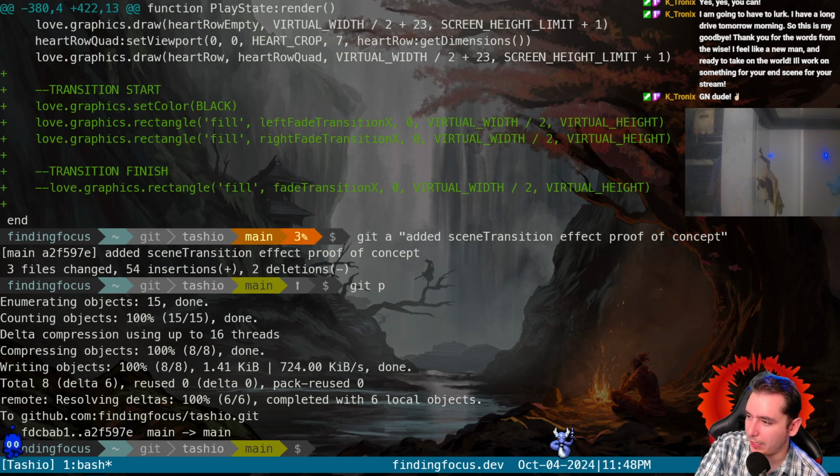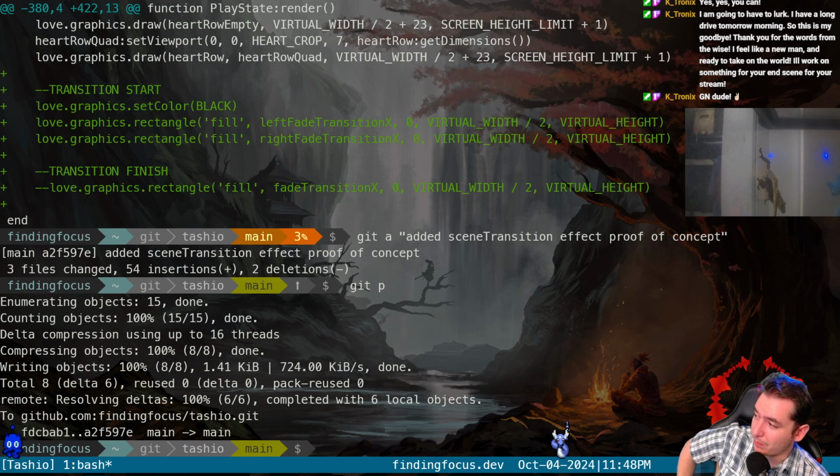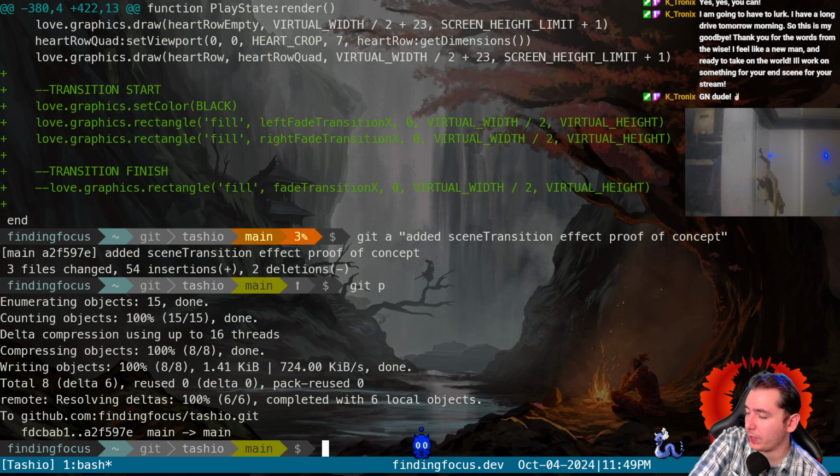It'll start to come together, you know. Once we have that, then we can work on the dialogue system for the NPCs. And then at that point, maybe we can add either another element or some more sprites for level design. Or a couple more NPCs. Don't exactly know, but it is coming together. So we'll get the scene transitions working tomorrow, and then hopefully we can get the game starting to load other